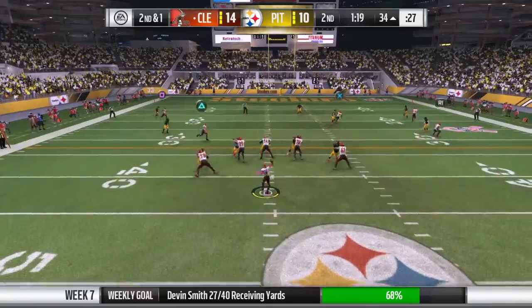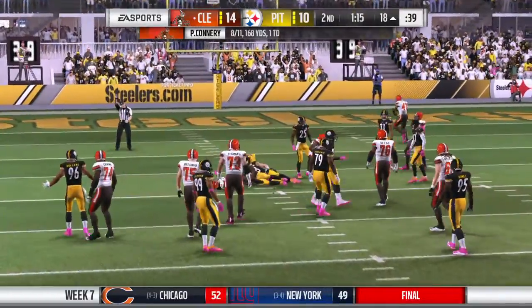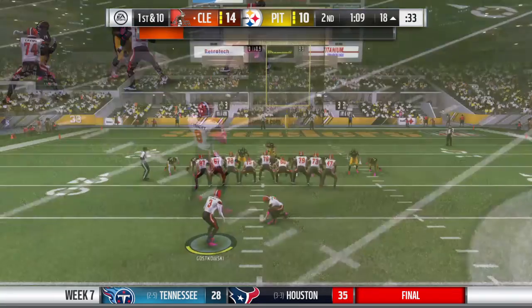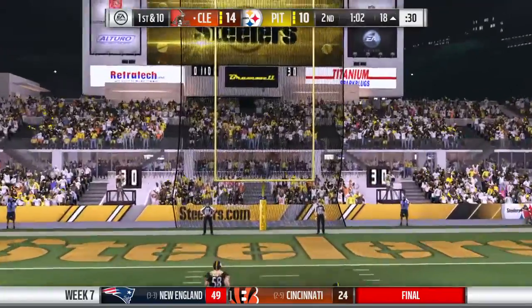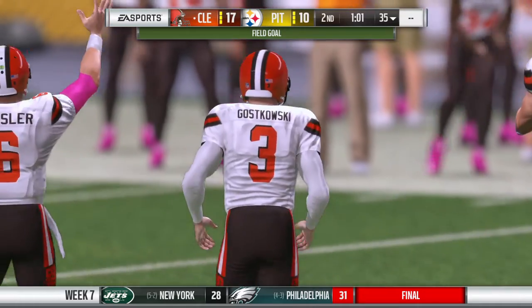Now a shotgun snap as they'll look to throw. Now he'll dump it underneath to his running back, complete. That one good for 16, and the drive will continue. Good route, good pickup for first down yardage, and that is a tough one to cover, the angle route, because a running back getting out of the backfield, if you're trying to cover that, especially if you're in the linebacker spot and you're seeing this play develop,